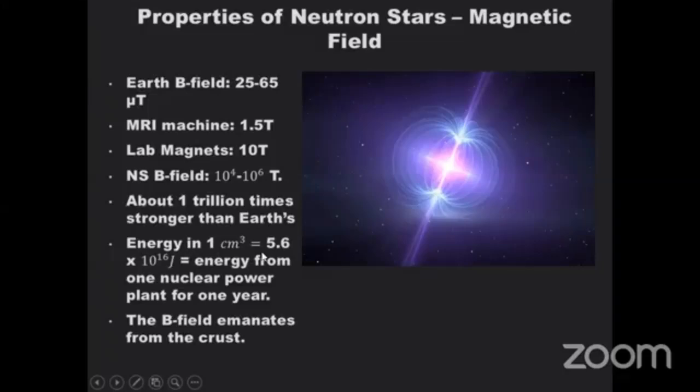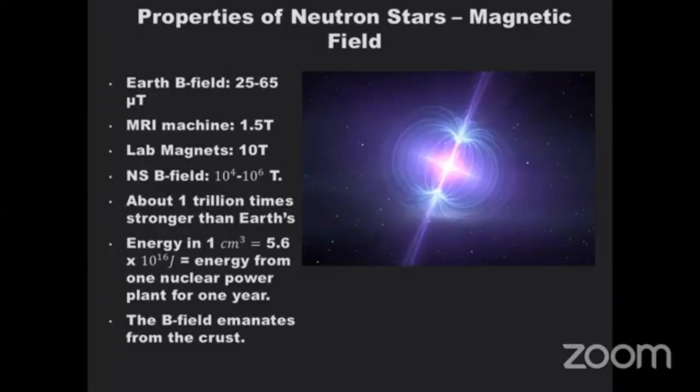Now, to understand this very well, we want to convert magnetic field to energy. So we pick a volume, 1 cubic centimeter. Let us pick such a volume, 1 cubic centimeter, and calculate the amount of energy in terms of magnetic field that is buried there. So if you do the math with the equation, this has been done already, so I'm not going to do it in this presentation. If you do the math, it is going to give you about 5.6 times 10 raised to power 16